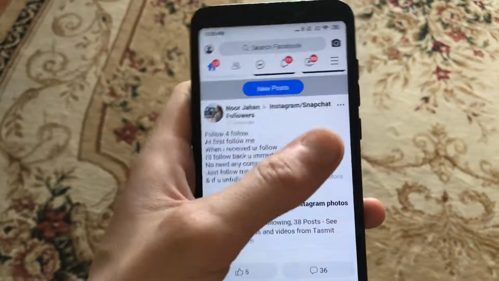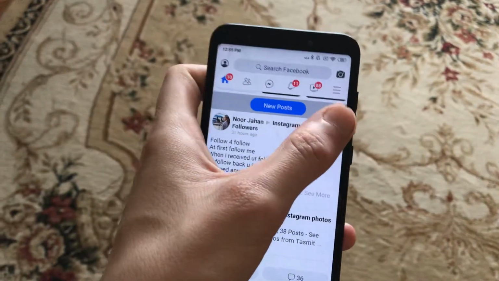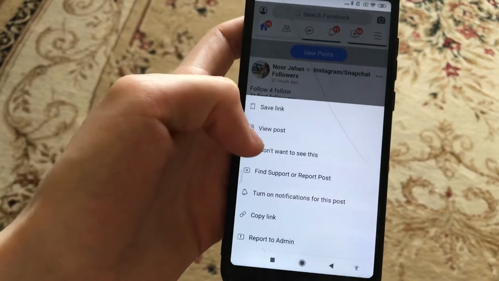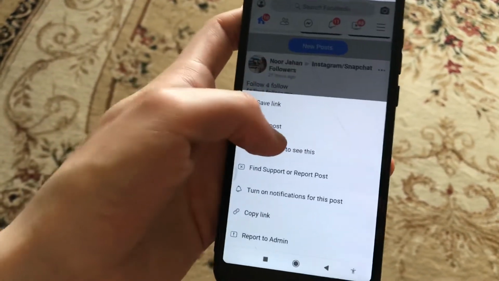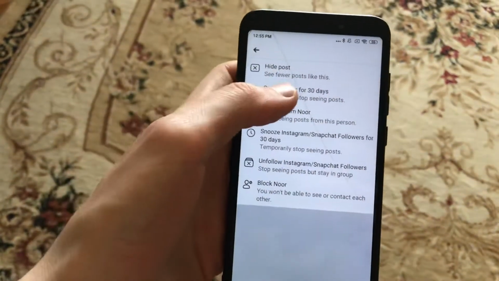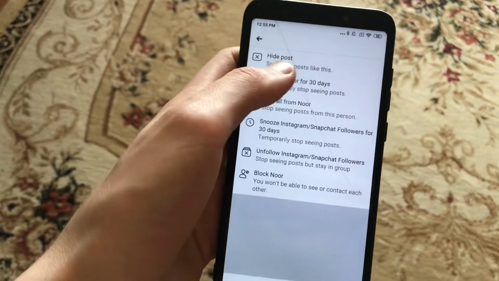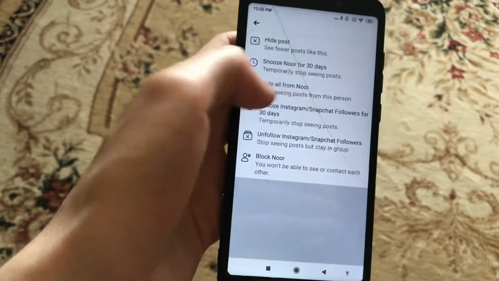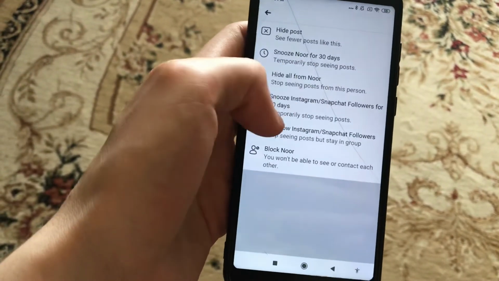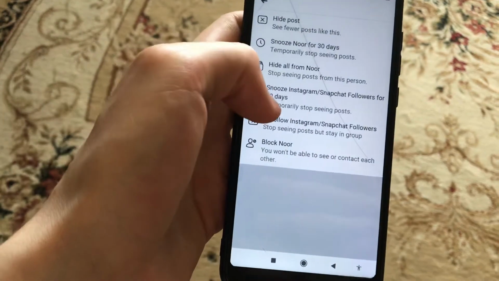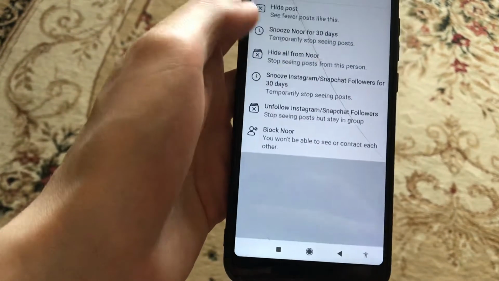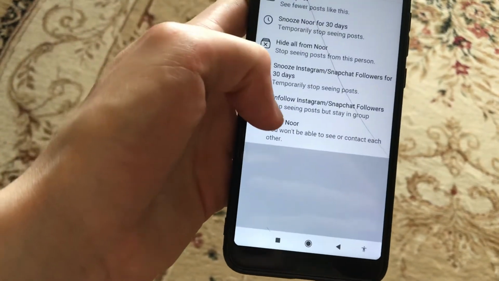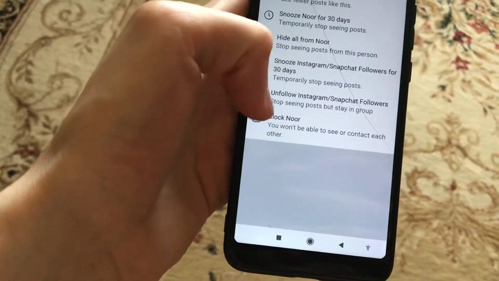on your Facebook. So for doing this you just need to choose this post and click on this button, and here you will see "I don't want to see this." So just click on it, and first you can see "Hide post or snooze for 30 days," "Hide all from this user," "Snooze all of this page's posts," "Just block and unfollow this page," or "Block